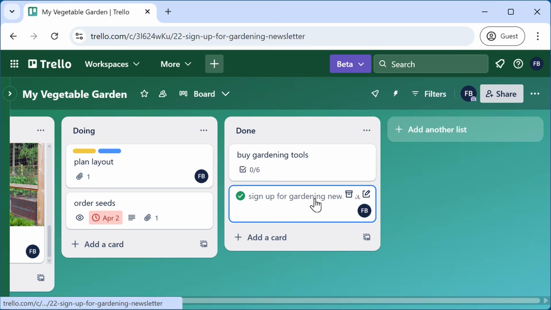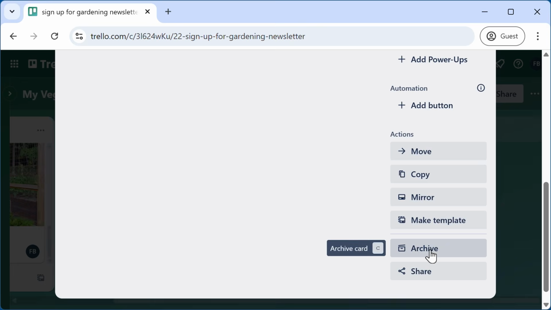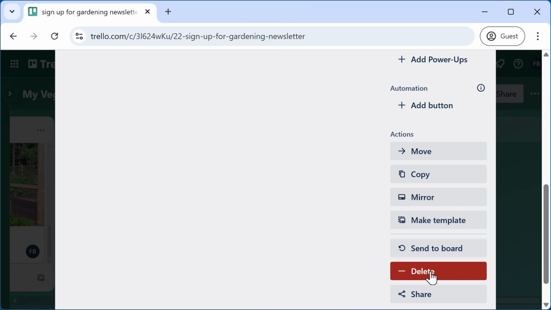Note that you can also, after archiving, delete the card. This would really only be used if for some reason the card was made in error. It's highly recommended that if you've used the card, but you don't need to see it on the board anymore, you simply archive it. If your board has lots of cards on it that no longer need any action, go ahead and give archiving a try to remove that clutter from your board.